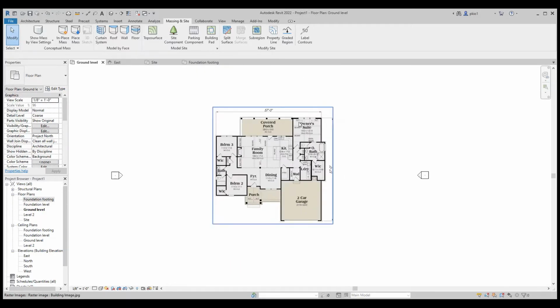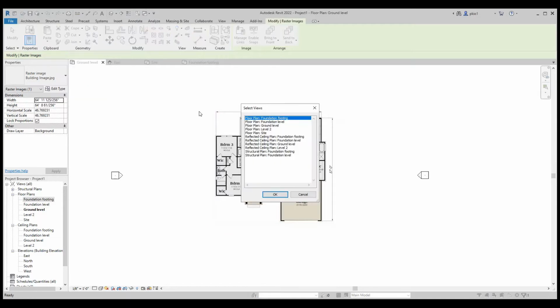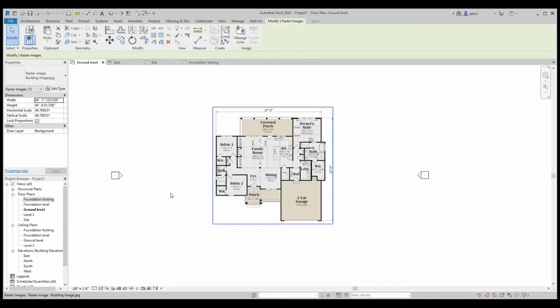We'll come to the image, click on it to select it, and then we go to Copy to Clipboard. When we copy to clipboard, we come to Paste and click this arrow under it and say Align to Selected Levels. Here, in these selected levels, we pick the foundation footing and say OK.